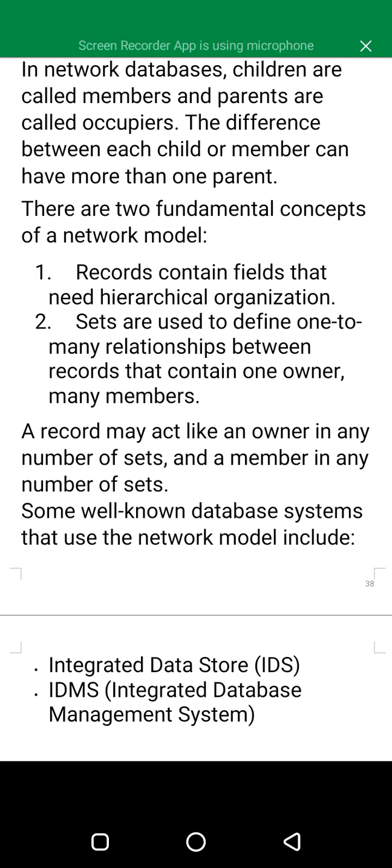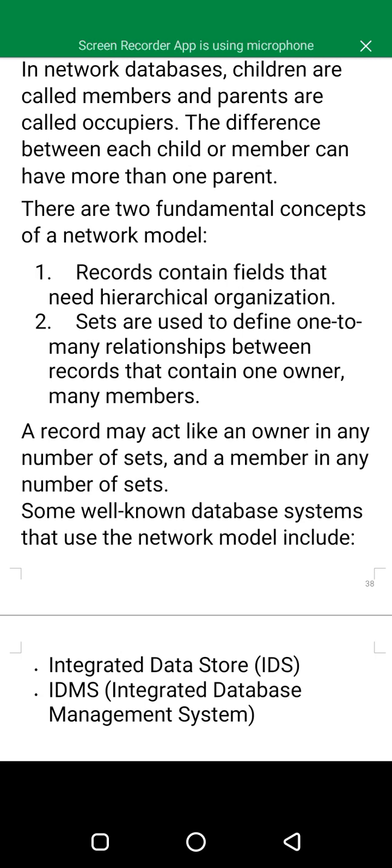Number 1, records contain fields that need hierarchical organization. Number 2, sets are used to define one-to-many relationships between records that contain one owner and many members. A record may act like an owner in any number of sets and a member in any number of sets.